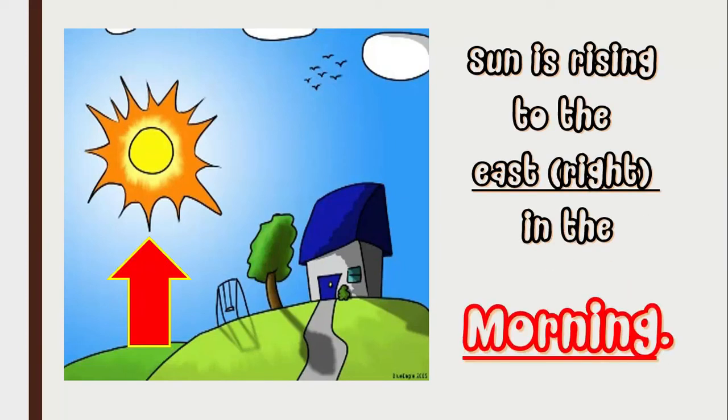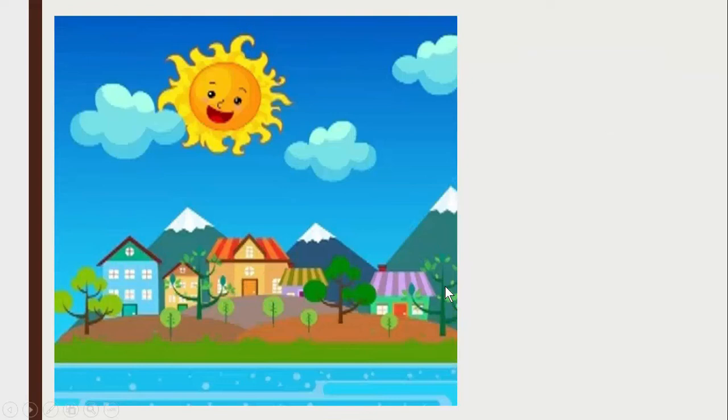Number 1 is morning. During morning, the sun is rising to the east or right direction. Again, the sun is rising to the east or right direction during morning, as you can see here in the picture. Next,